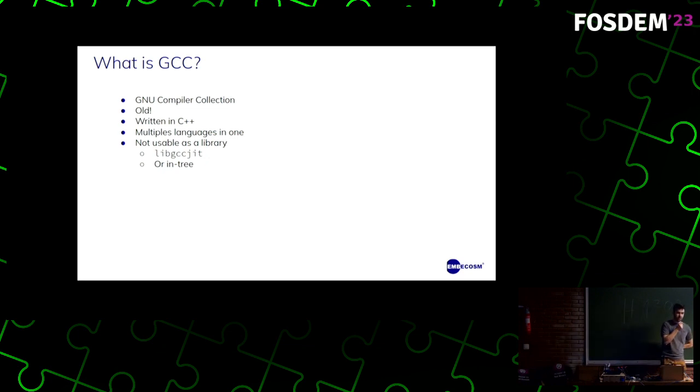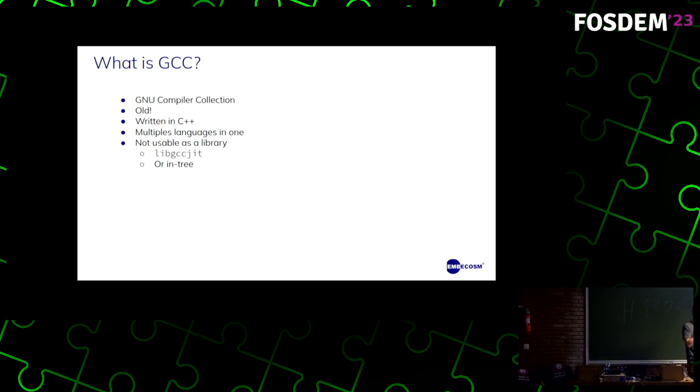Okay, so what is GCC? GCC stands for the GNU Compiler Collection. It's sort of a very, very big program that contains multiple compilers for multiple languages, and that all share the same backend. So the same sort of assembly emission, and optimizers, and so on and so on. One fun thing about GCC is that it's very old. It's 30 years old, maybe more. It's written in C++11, so that's great. As I say, it's multiple languages in one. So you got a C compiler, a C++ compiler, Fortran compiler, so on,